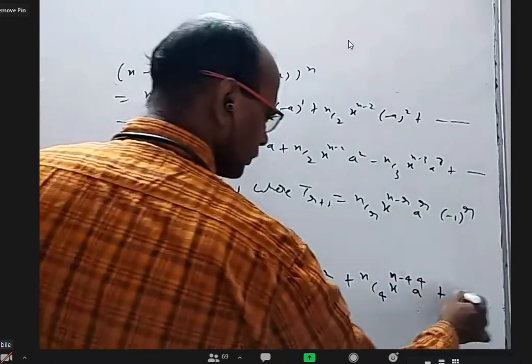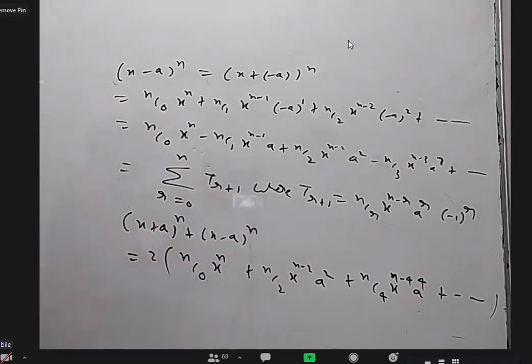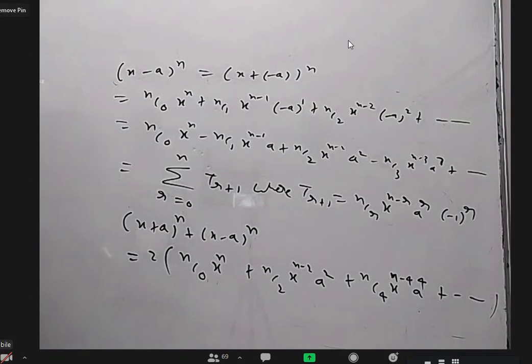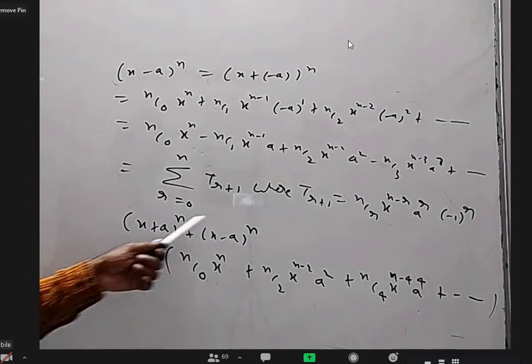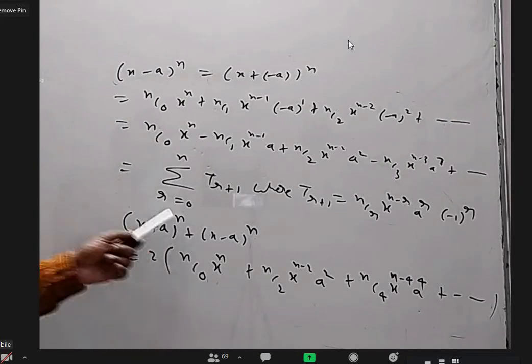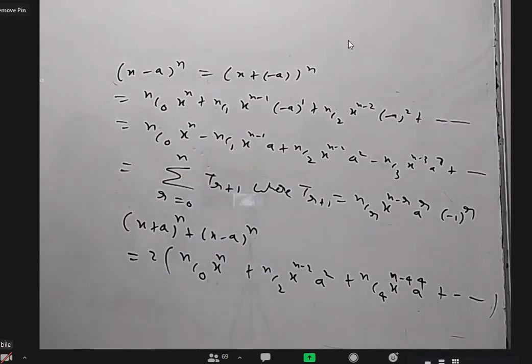So what the last one is depends on whether n is even or odd. Should I get nCn or nC n minus 1? Because 0, 2, 4, 6, only those will come. When n is 21, the very last term will be 21C20, right? And when n is 100, the very last term will be 100C100. Whatever is the last possible even number. That's why I did not write the last term.